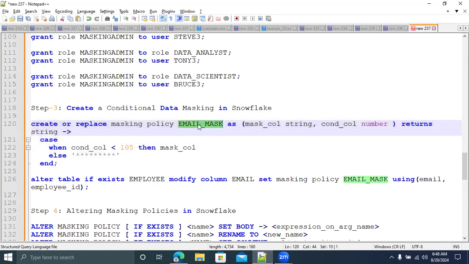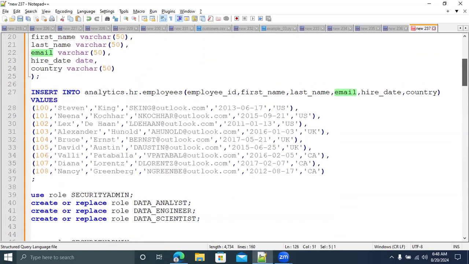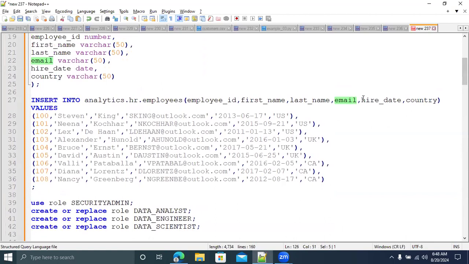Now the next statement: for email mask, I want to set the columns, right? One is mask column, another one is condition column. For that, I'm using alter table. If the employees table exists, then only I'm going to modify the column. Guys, remember, I'm going to alter the table. If the table employees exists, then only I'm going to modify the column called email column. Okay, now I can show the column. If you scroll a little bit up, you can see the column called